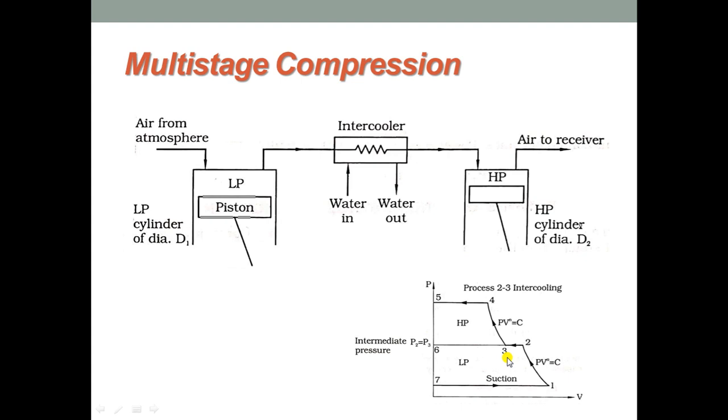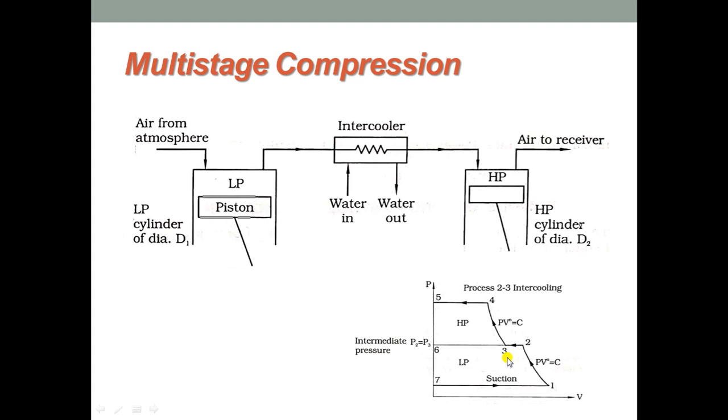Also, for getting the same amount of free air delivery, the size of the cylinder is to be increased with increasing pressure ratio. The increase in pressure ratio also requires sturdy structure from mechanical strength point of view for withstanding large pressure differences. The solution to the number of difficulties discussed above lies in using multi-stage compression, where compression occurs in parts in different cylinders one after the other.